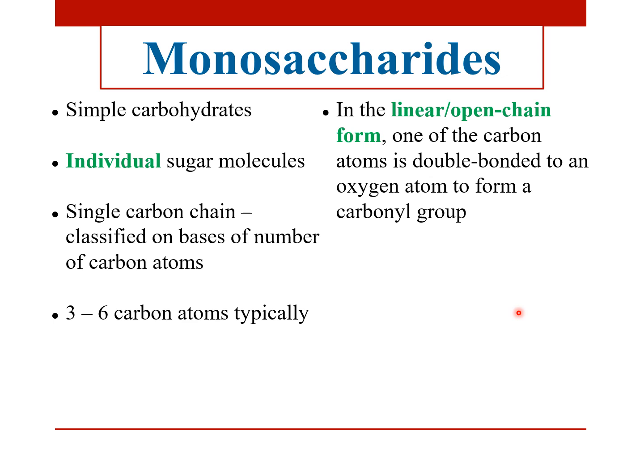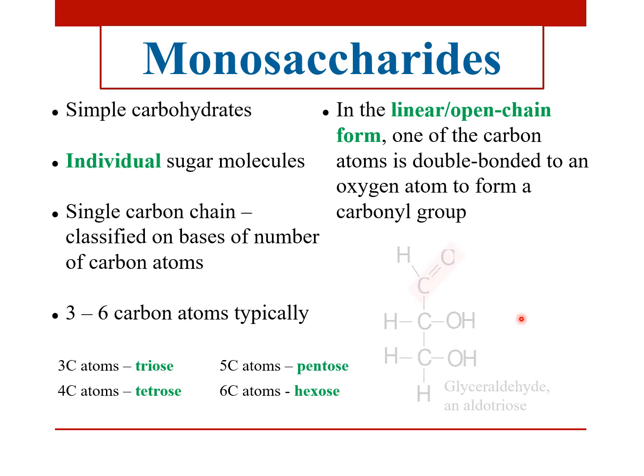In the linear open chain form, the monosaccharide can be acyclic or cyclic. If it is acyclic, it is called an open chain, and then it is able to connect at the carbonyl group to become cyclic. We will cover that later. So this is what I said: 3 carbon is triose, while 4 carbon is tetrose, and it goes on.